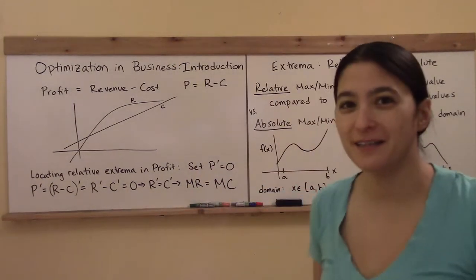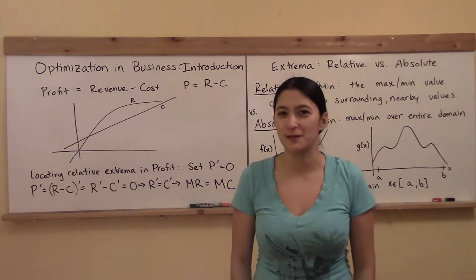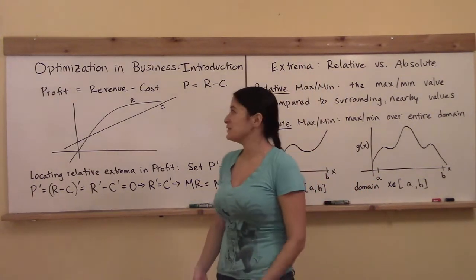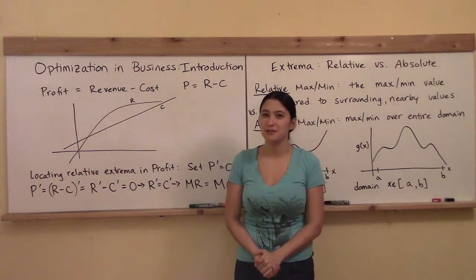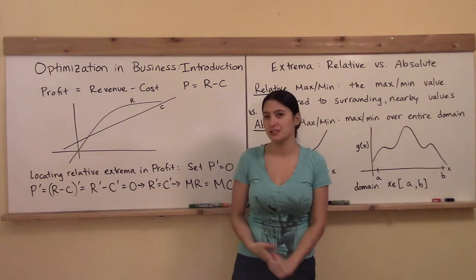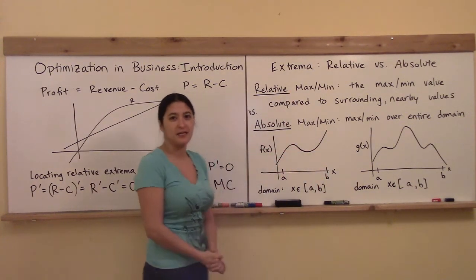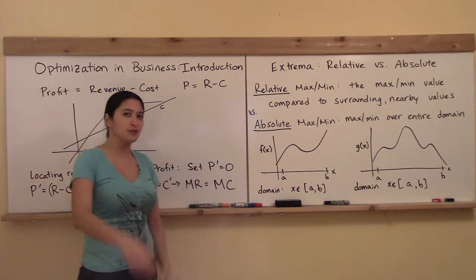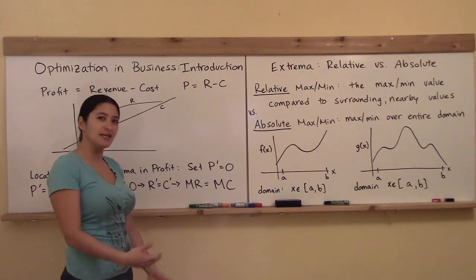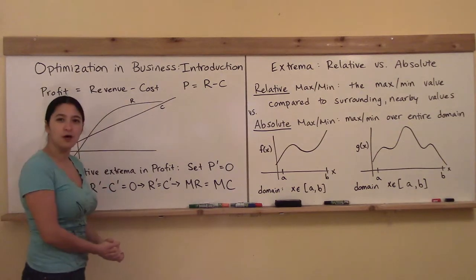Optimization. We finally made it to one of our key points in the whole course on business calculus, which is how we can find optimal values in our functions of interest, such as profit, revenue, or in the case of cost, how can we minimize the average cost. I'm going to show you those examples specifically in the next video, but here we have a quick overview of